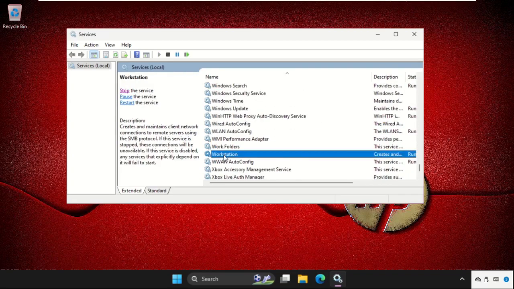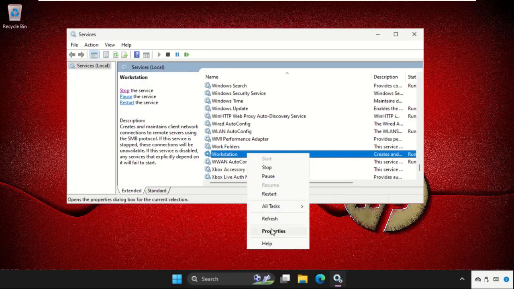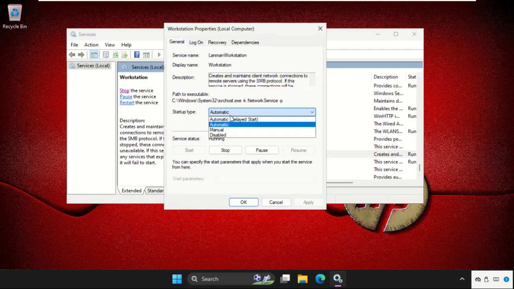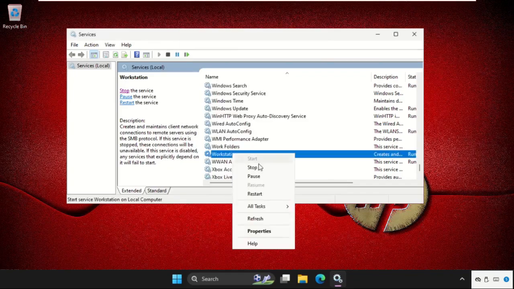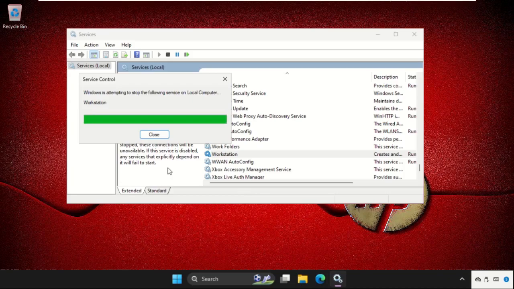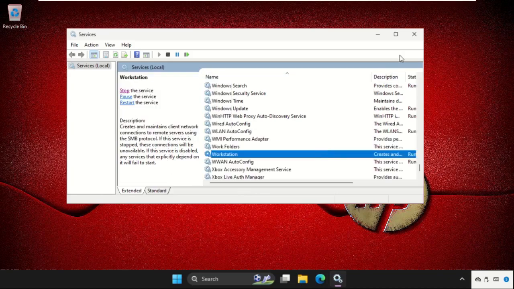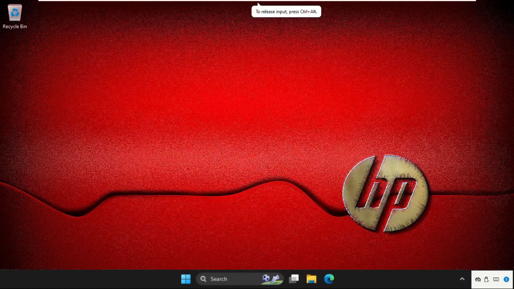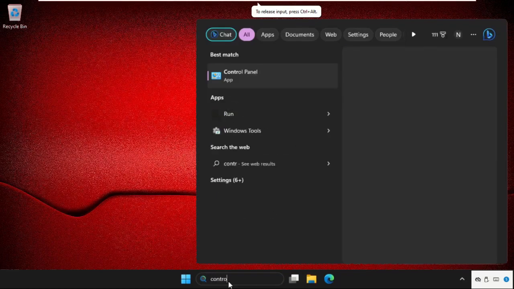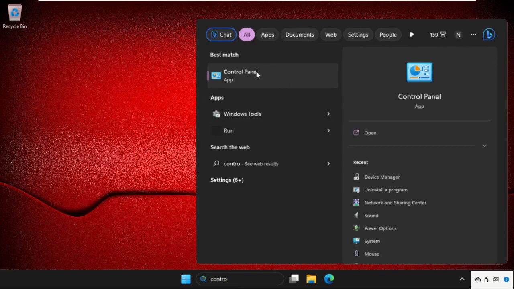So here we go. Simply right click on it, go to properties, set startup type as automatic, click on apply and then OK. Again right click on it and select restart. Once done, we will move to the next method. Just close this window. Now go to search bar, type your control panel, and from the search results click here